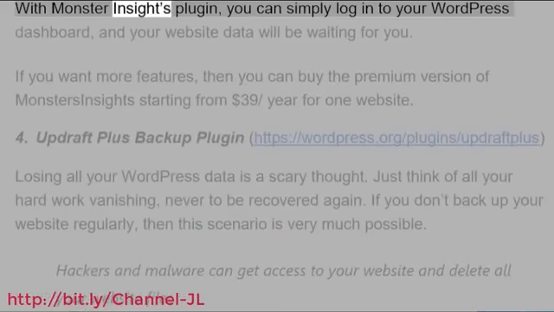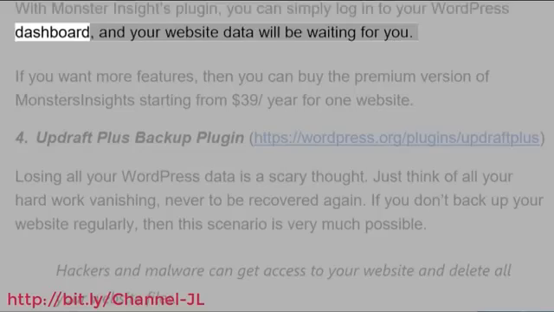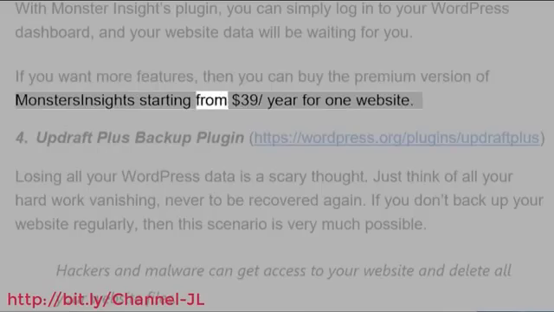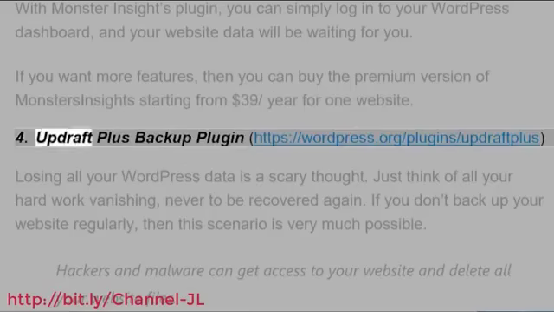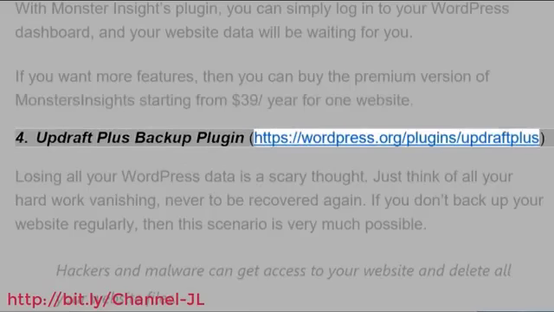With the Monster Insights plugin, you can simply log into your WordPress dashboard, and your website data will be waiting for you. If you want more features, then you can buy the premium version of Monster Insights starting from $39/year for one website. 4. Updraft Plus Backup Plugin,